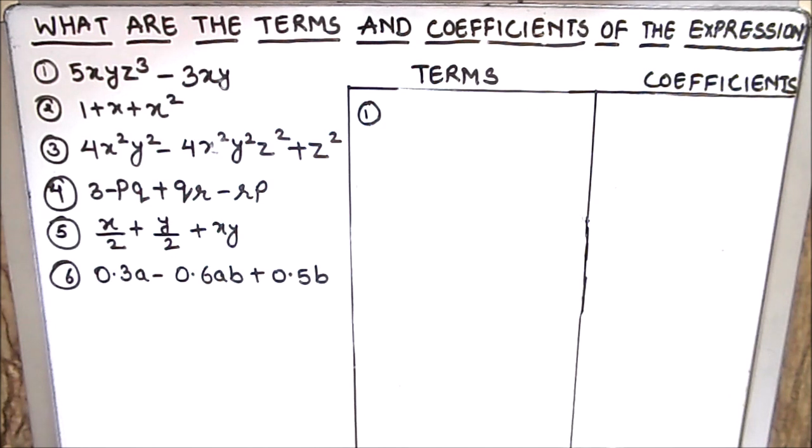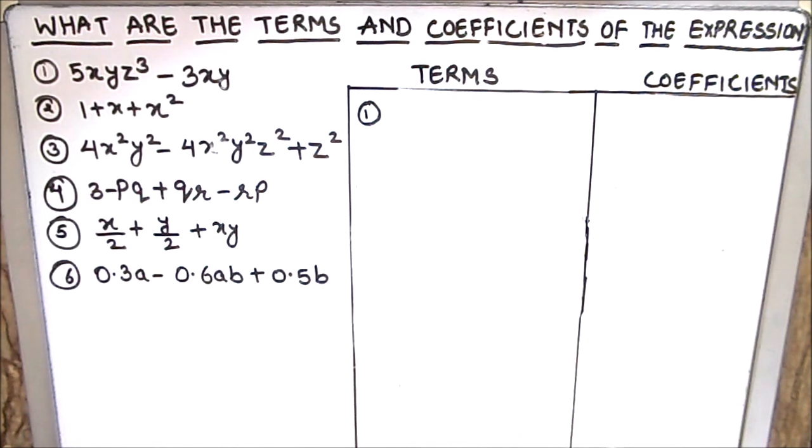So the term can be a single number, a constant, or a product of two constants, or a product of constant and variable. So a term can be anything which is a constant, a product of two variables, or a product of a constant and a variable, and these terms always come with their respective sign. And the next term is coefficients. Coefficients are any numbers or constants which are being multiplied with the variables in a single term, and these coefficients are also represented with their respective sign.